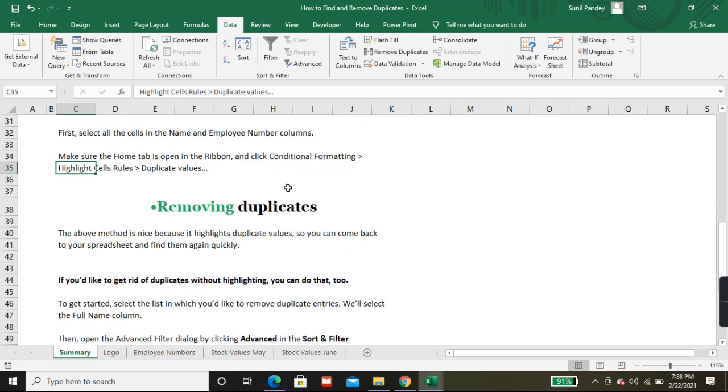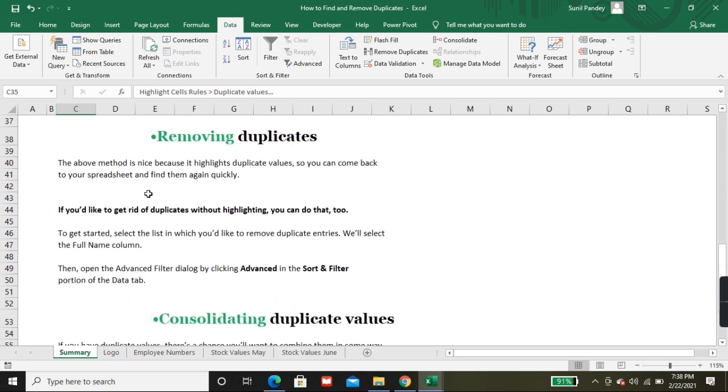And now we will see removing duplicate values. The above method is nice because it highlights duplicate values, so you can come back to a spreadsheet and find them again quickly. If you would like to get rid of duplicates without highlighting, you can do that also. To get started, select the list from which you would like to remove duplicate entries.